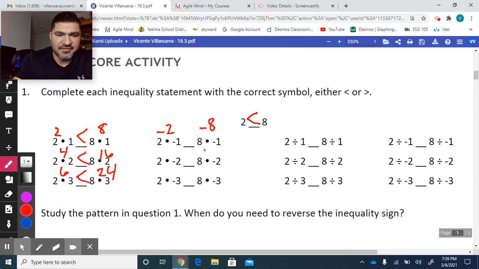Okay, 2 times negative 2 is negative 4. 8 times negative 2 is negative 16. 2 times negative 3 is negative 6. 8 times negative 3 is negative 24. Okay, so